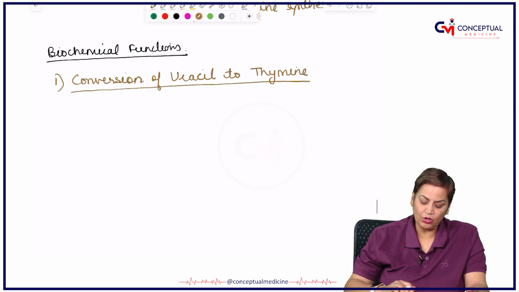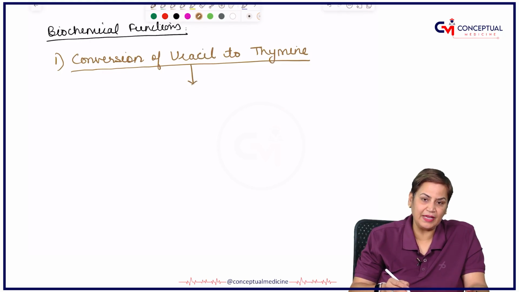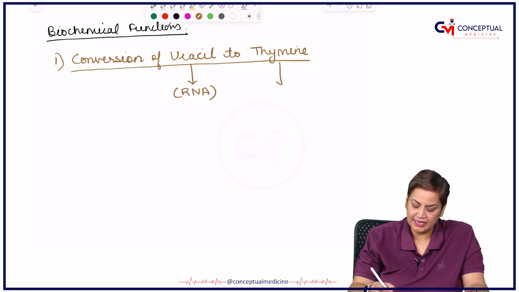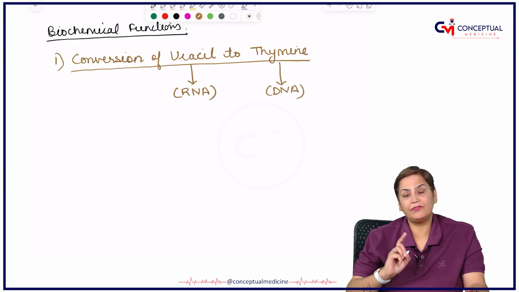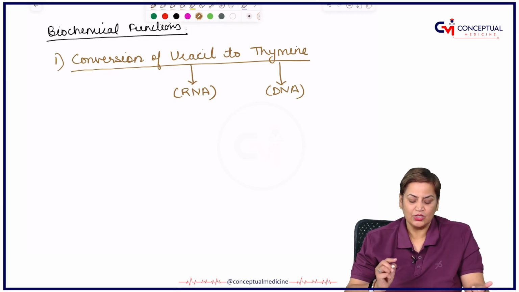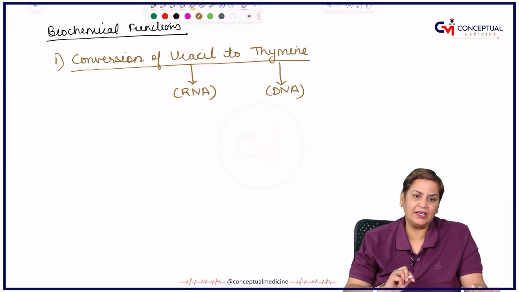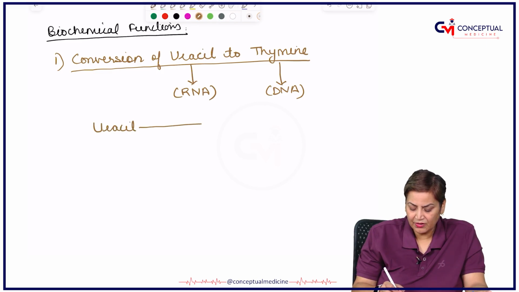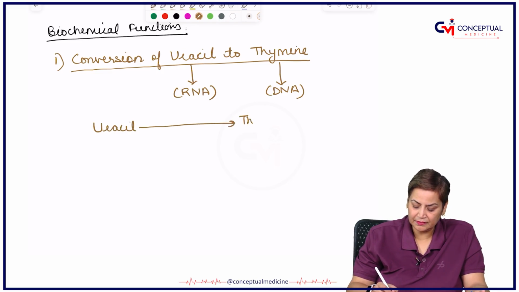Now, we all know that uracil is the base present in RNA and thymine is the base present in DNA. And the first pyrimidine which is synthesized is uracil. So from uracil, because in our body DNA, RNA both are synthesized, the nucleotides. So this uracil will be converted into thymine